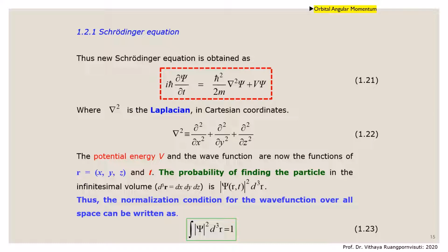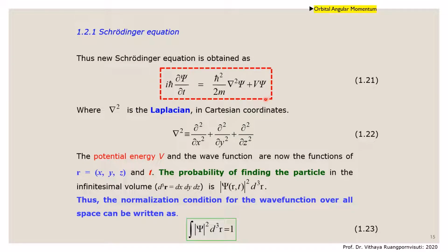The left-hand side, i h bar multiplied by the differentiation of the wave function with respect to t, is equal to h bar squared over 2m, where m is the mass of the particle, multiplied by the Laplacian operator on the wave function, plus the potential energy V multiplied